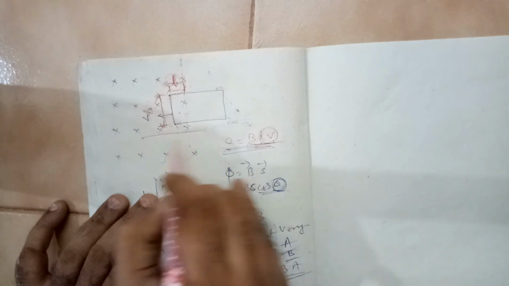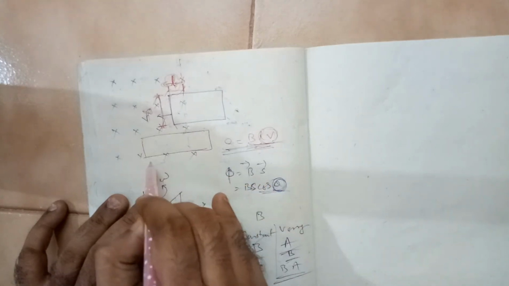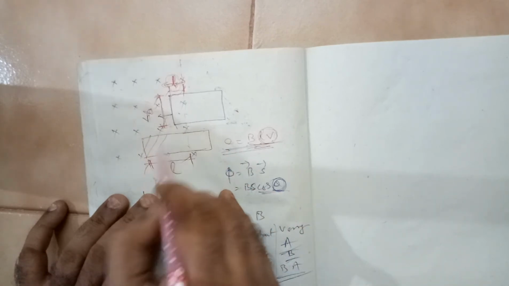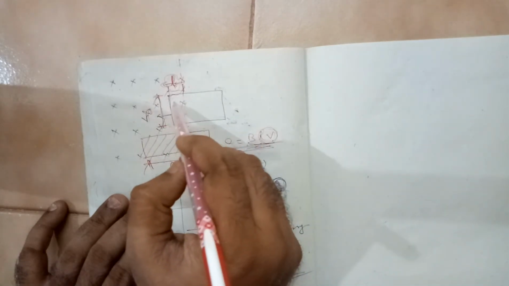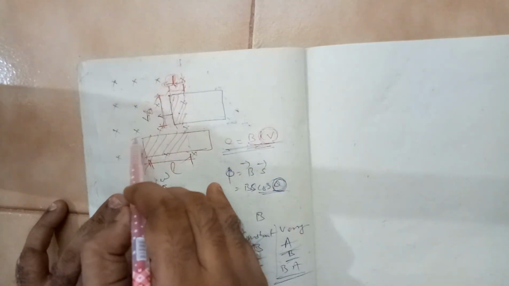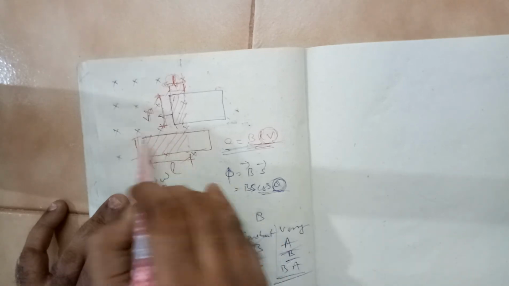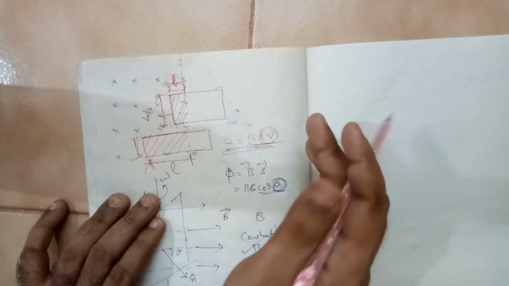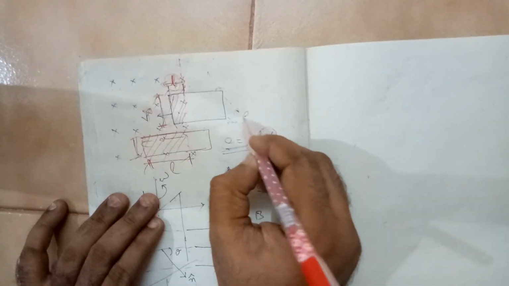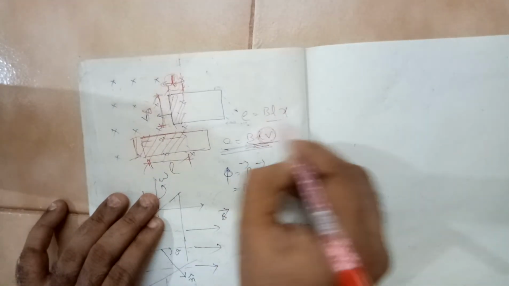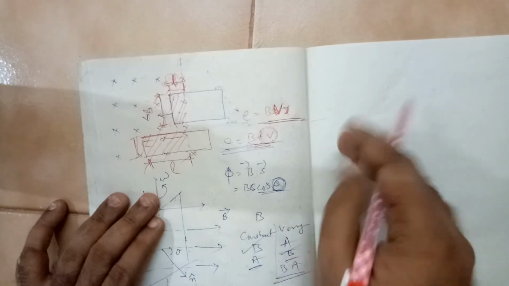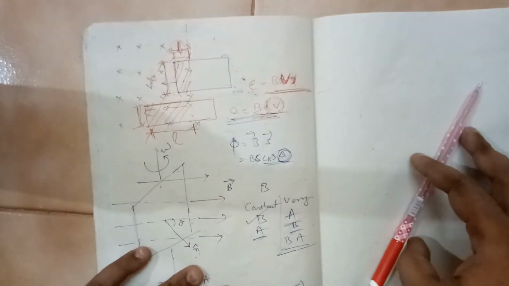The next figure will be something like this. So this is getting modified, isn't it? So in the second stage this was the area, in the first stage this was the area, the affected area, but in both cases this is constant only. What is varying is this. So here, if it is a variable in terms of x, I will call this x. We will write this as E is equal to BLX. So BVX. So please remember this point.